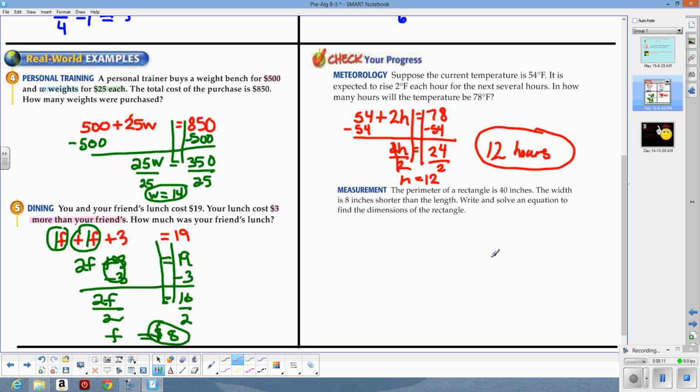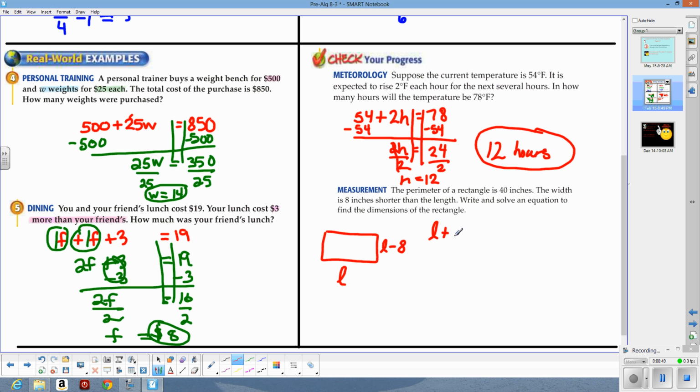The perimeter of a rectangle is 40 inches. The width is 8 inches shorter than the length. Find the dimensions of the rectangle. Well, if the length is L and the width is 8 inches shorter than the length, the width right here is going to be L minus 8. And we know that the perimeter is 40. So if we add all of these sides together, we're going to have L